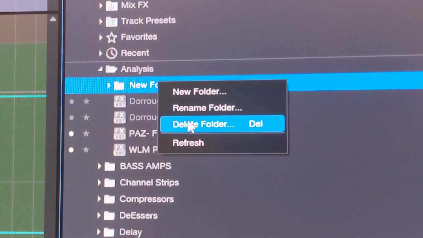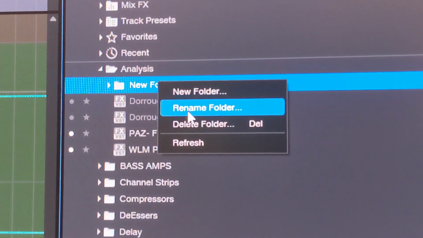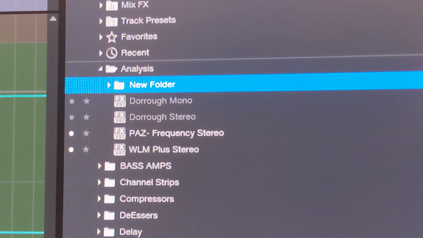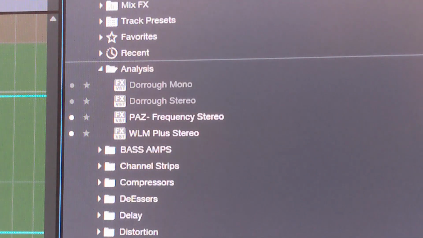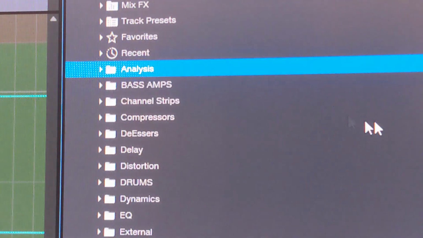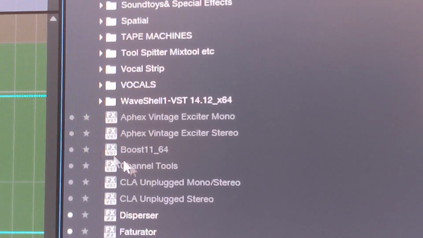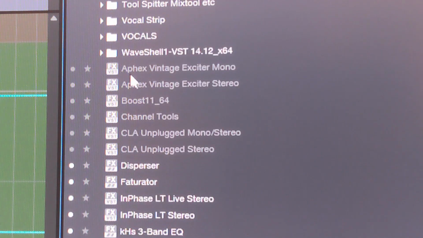So I'm going to say delete that folder. Also, you could rename the folder if you decide to keep it. So I'm deleting that folder. Window pops up, you say yes, folder's gone. I'm going to shrink it down. So what you need to do to make a new folder is scroll down to the end. I know I'm at the end because it's in alphabetical order. I see this wave shell thing, and then here's a bunch of random plugins. Go below that last folder, which is this one,